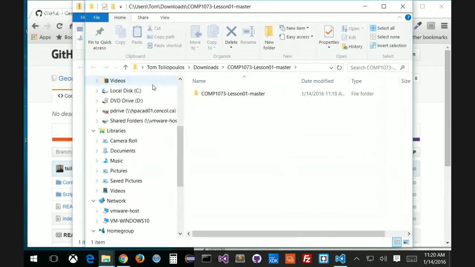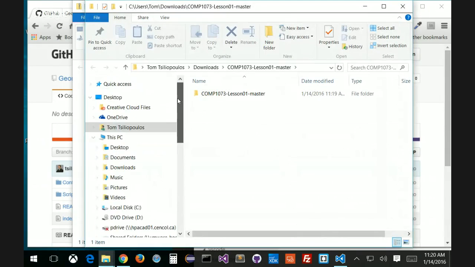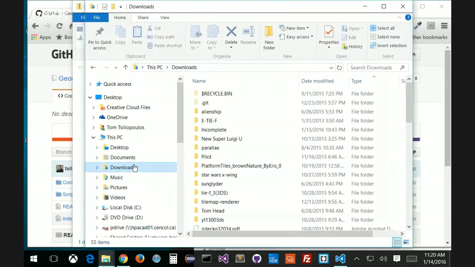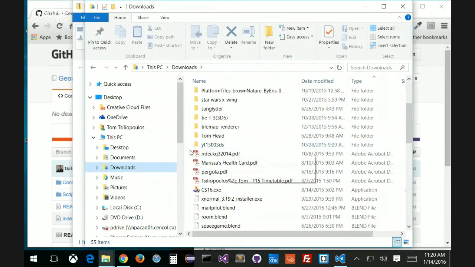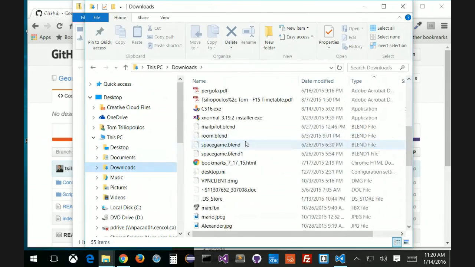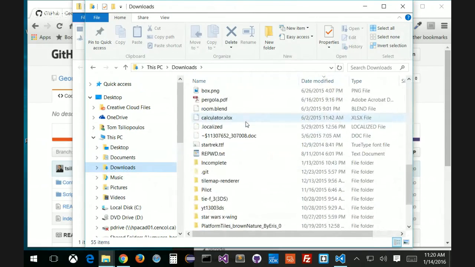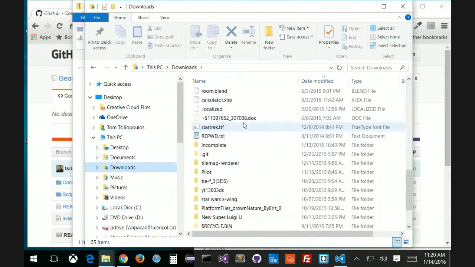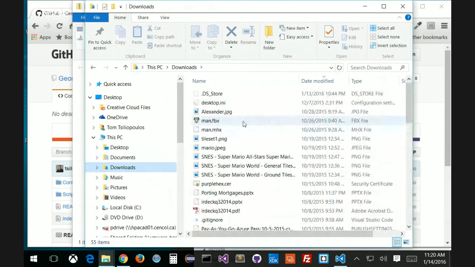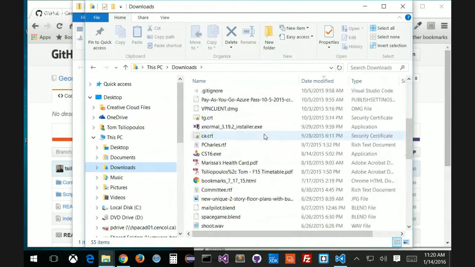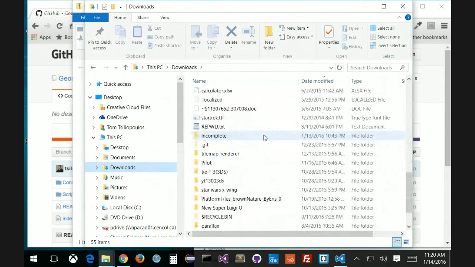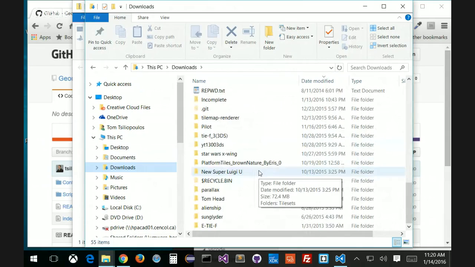Cool. All right, so now what I want to do is go into my downloads, where I have that file, which is COMP1073, wherever my downloads exist. So I have my COMP1073 folder, and I can sort it by date modified, which is a quick way of doing it. Wherever my date modified is, I'm going to have a bunch of other stuff in here. But I want to find my files. That's what I really want to do. So as I skip down here to find it, you'll notice it's going to have the same name as, oh,